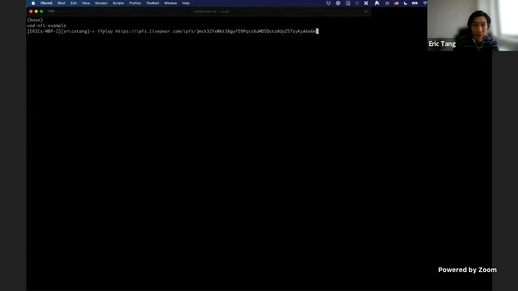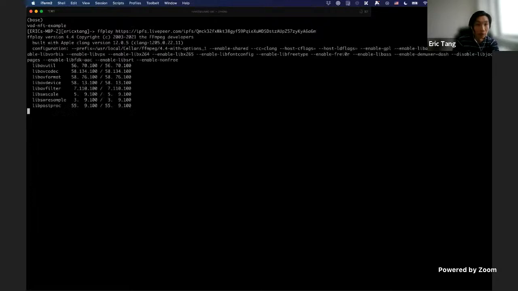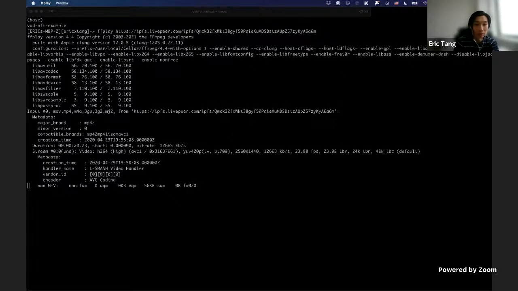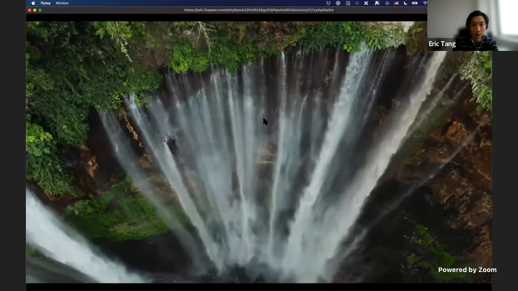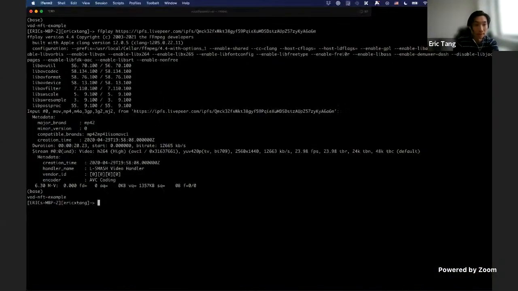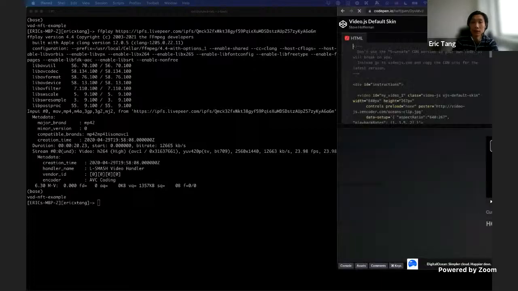What we see is this file has an IPFS hash and it's pinned using Livepeer. If I play, I will see that this is that same file for the waterfall, and now this file is inside IPFS, right?